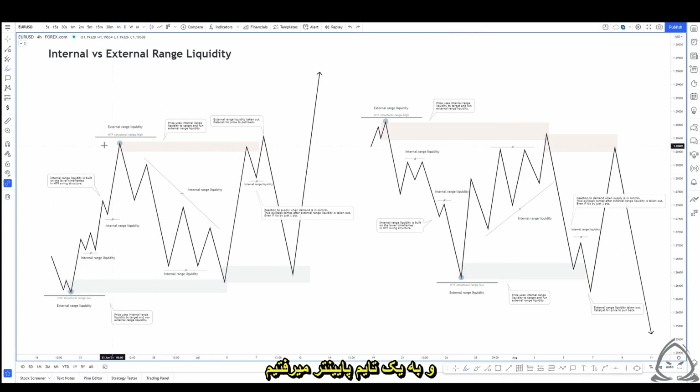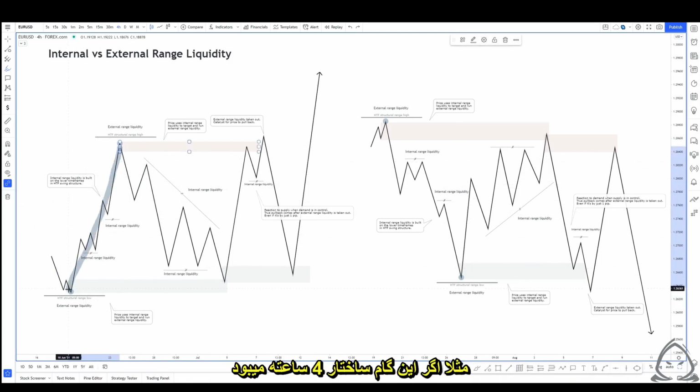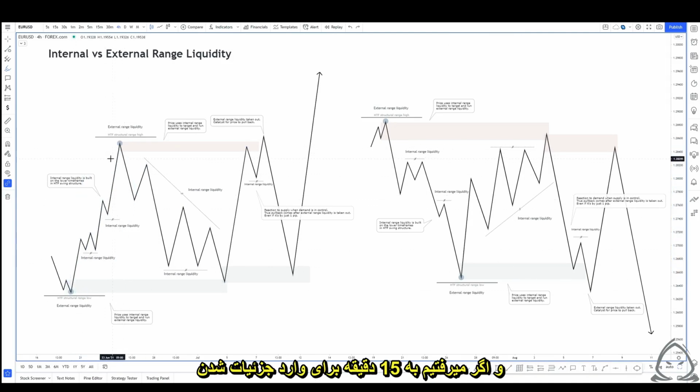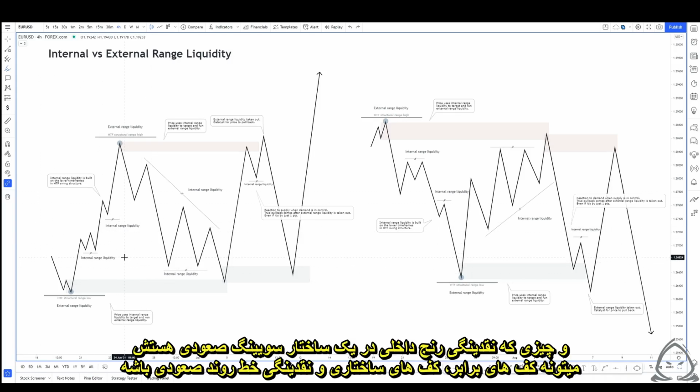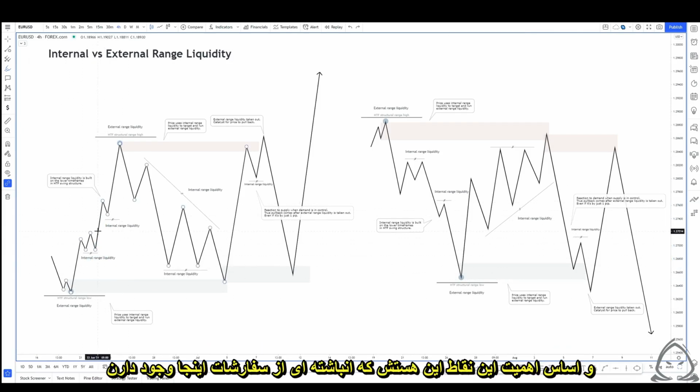and drop down to a lower time frame, for example, if this was a 4-hour leg of structure and we drop down to the 15-minute to dig into the price action, what we would see on the 15-minute is much more clear internal range liquidity. And what internal range liquidity ends up being in a bullish swing structure would be equal lows, structural lows, and upward sloping trendline liquidity. The basis of these points for value is there's a collection of orders resting here,